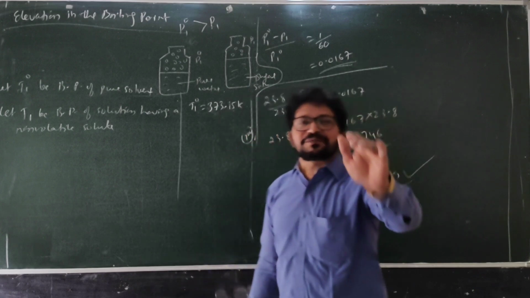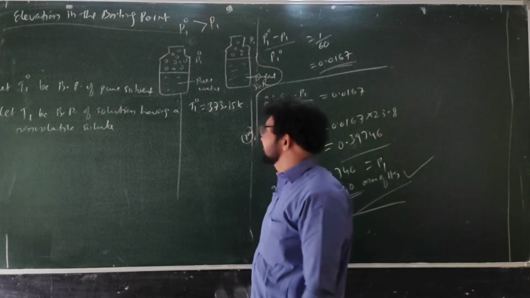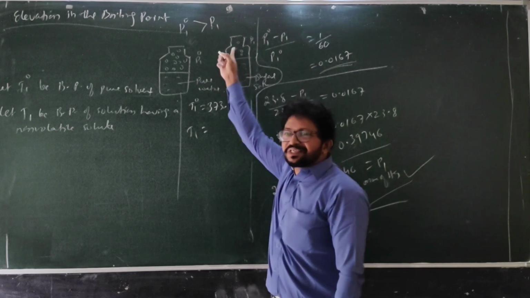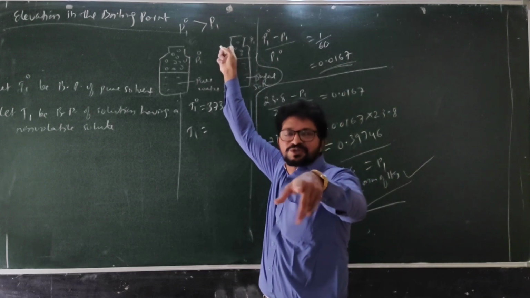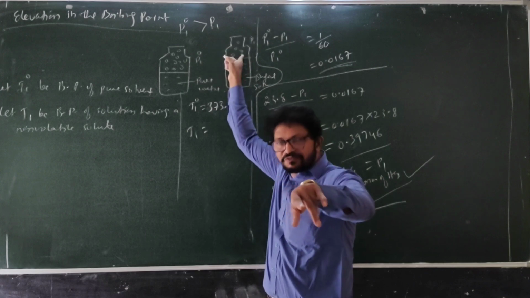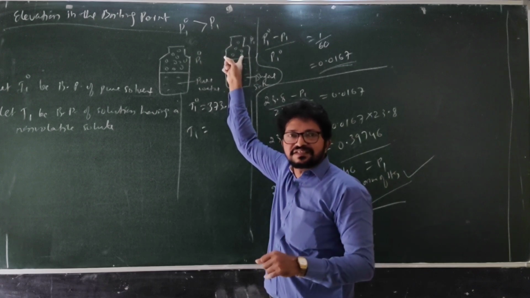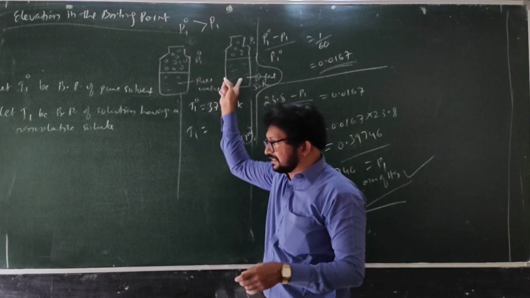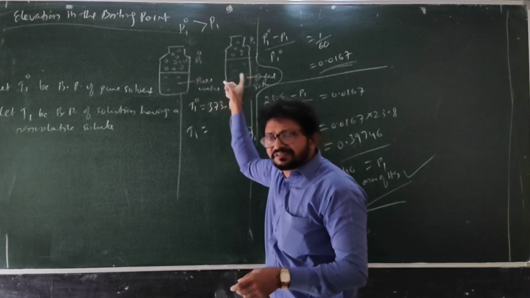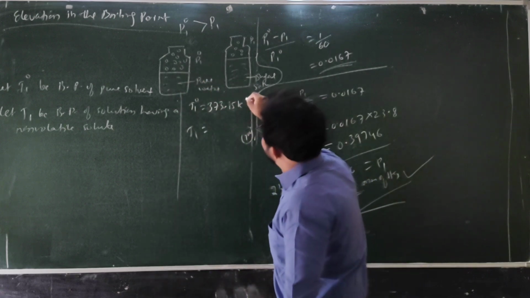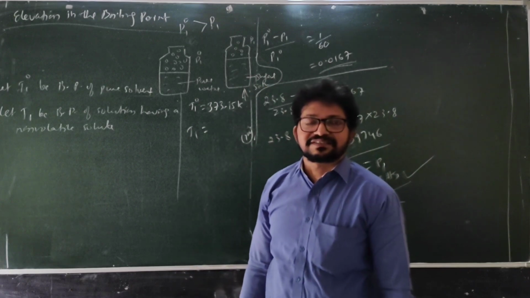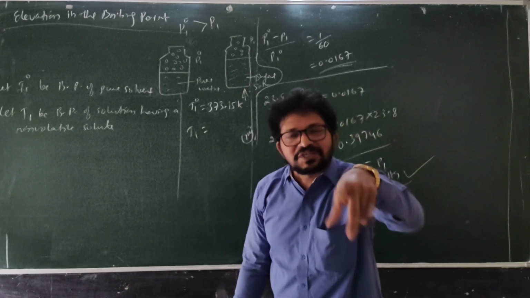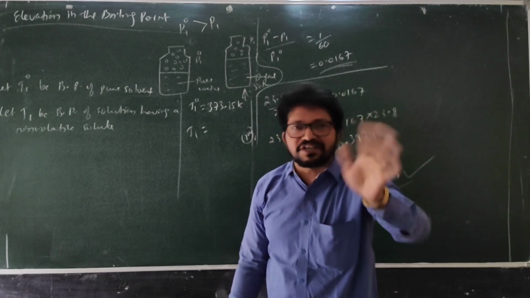Now the same concept we apply for a solution. T1. Since vapor pressure is less, yes or no? Because of the entry of a non-volatile solute. At the same temperature, maybe 298 Kelvin, 25 degrees, the vapor pressure is more here, and less here. Now you start heating the solution. Again, this also has to reach 1 atmosphere, correct? Until that it will not boil.